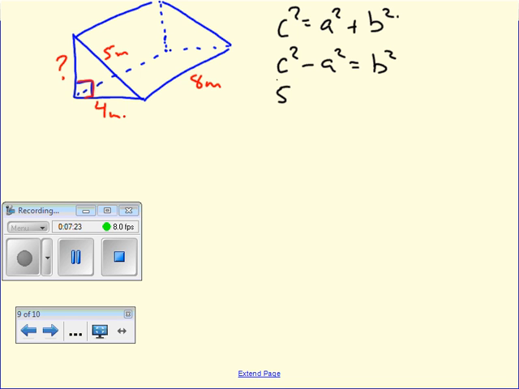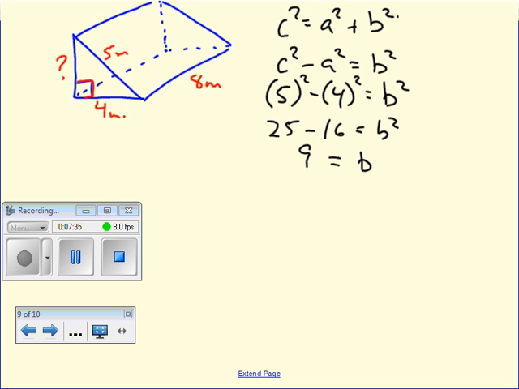So I have 5 squared minus 4 squared equals B squared. 25 minus 16 equals B squared. 9 is equal to B squared. Square root of both sides, 3 meters is my B. So 3 is my missing height. From there, it's pretty straightforward. For surface area,